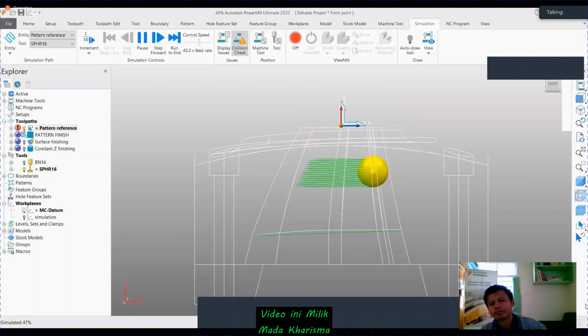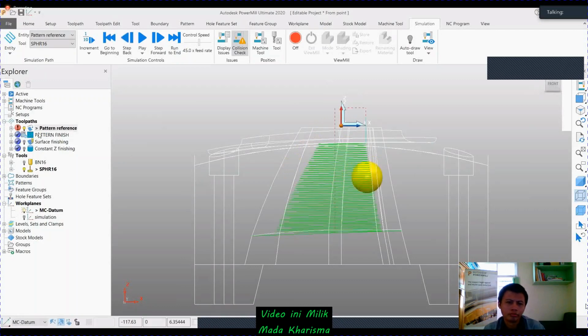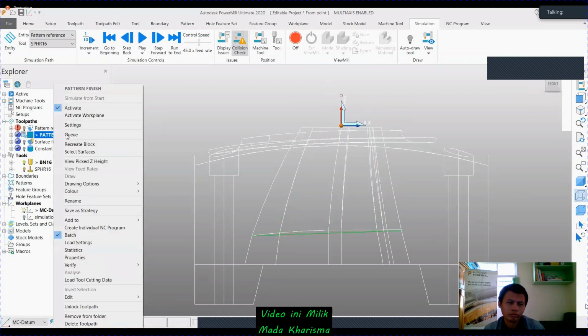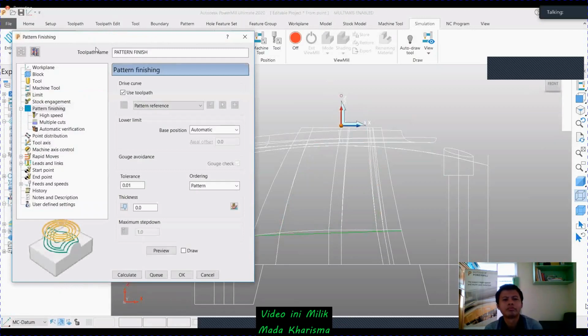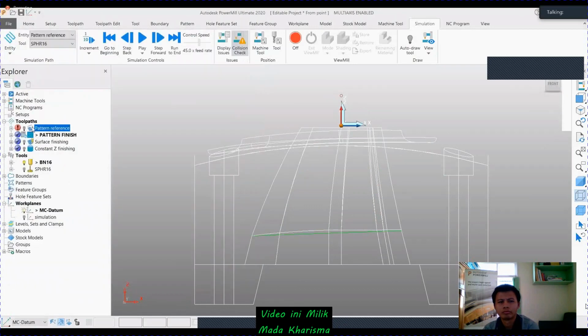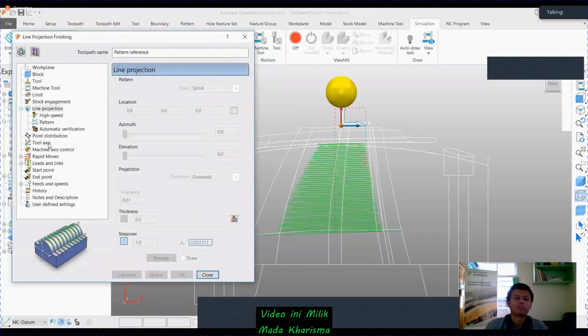Once I complete this, now I'm going to use the same toolpath in the pattern finishing toolpath strategy. In my pattern finishing, the first toolpath is pure vertical. I had not given any tool axis here. If you see my settings at the first toolpath, my tool axis is vertical. I'm just selecting this ball tool, sphere tool, and I had just completed the toolpath here.